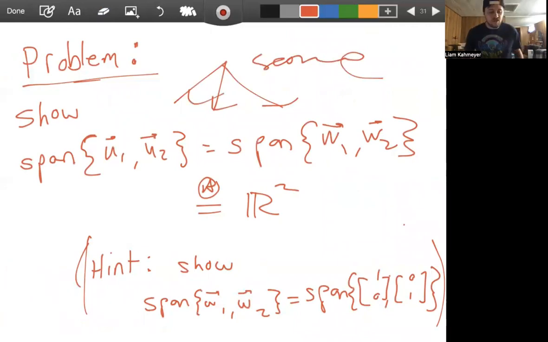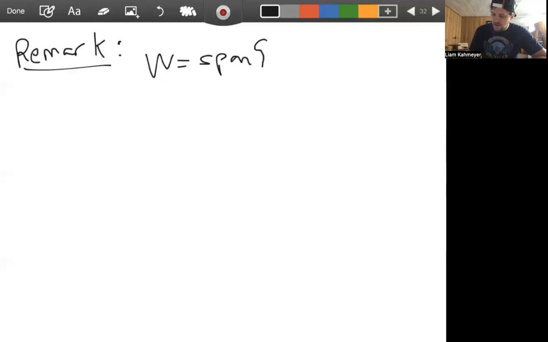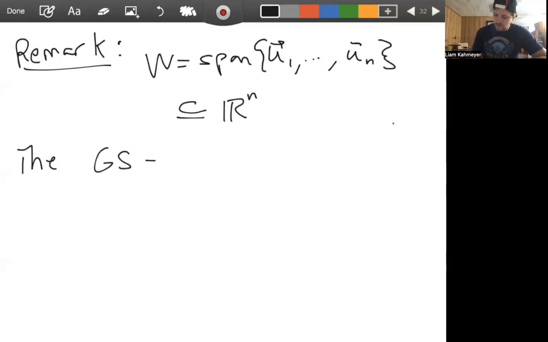Okay. And so what this Gram-Schmidt process also gives us is a way of finding an orthogonal or an orthonormal basis, right? So I just want to make a remark here. Let W be the span of U1 through UN. Let's say this is a subspace of Rn. Well, then the Gram-Schmidt process